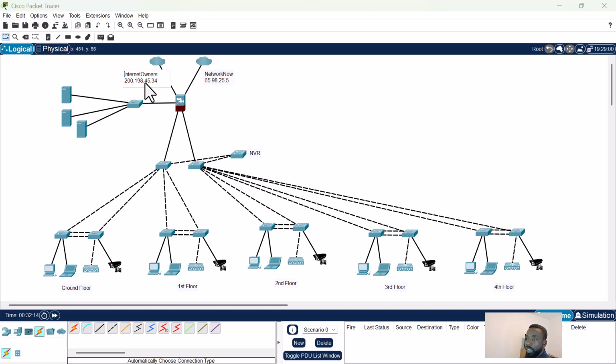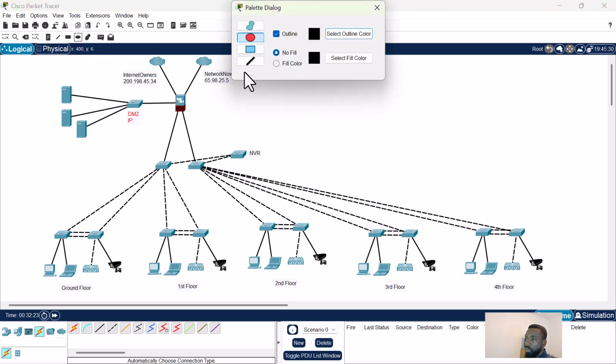So you can start by labeling your DMZ and give it the IP address. Type the IP address in there. That's what you can do. Now, the IP address is just the network address, right? So that's what you need to do at the moment. So label this and then start using colors to differentiate